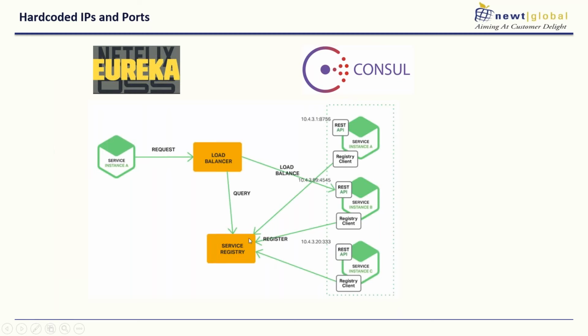They give a good mechanism by which each service makes a call to the service registry, figures out the address of the other microservice to call, and then makes that call to that service, so that each service knows the address of the other service, and there's proper communication. Also, you don't have to maintain hard-coded IP addresses. That causes a lot of mess in your code and a lot of confusion when you're trying to debug your application. And hard-coded IP addresses are a very risky thing to do, especially in a cloud.